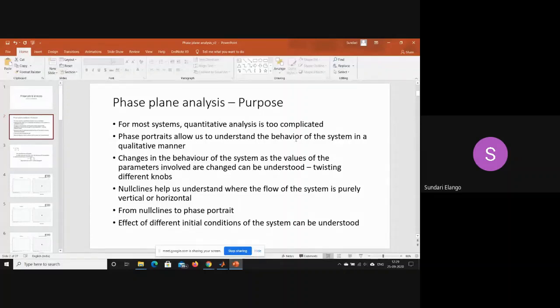The behavior of the system as we change the parameters that we want will become easier for us to understand. So for the phase plane analysis, what we'll be doing is basically taking a few systems, plotting their nullclines and seeing where they intersect in order to understand the fixed points. And once you get the fixed points, we just take any kind of initial condition in that plane and see how it evolves over time.